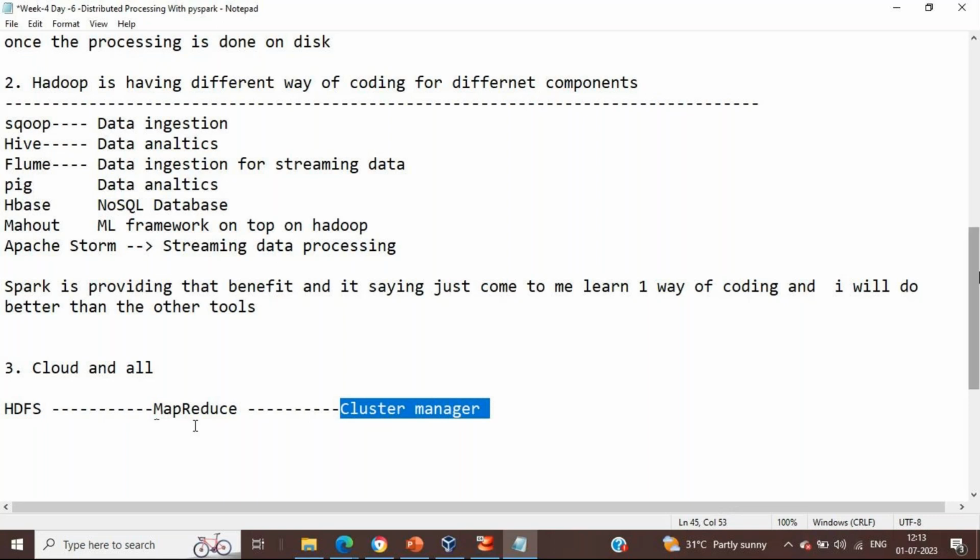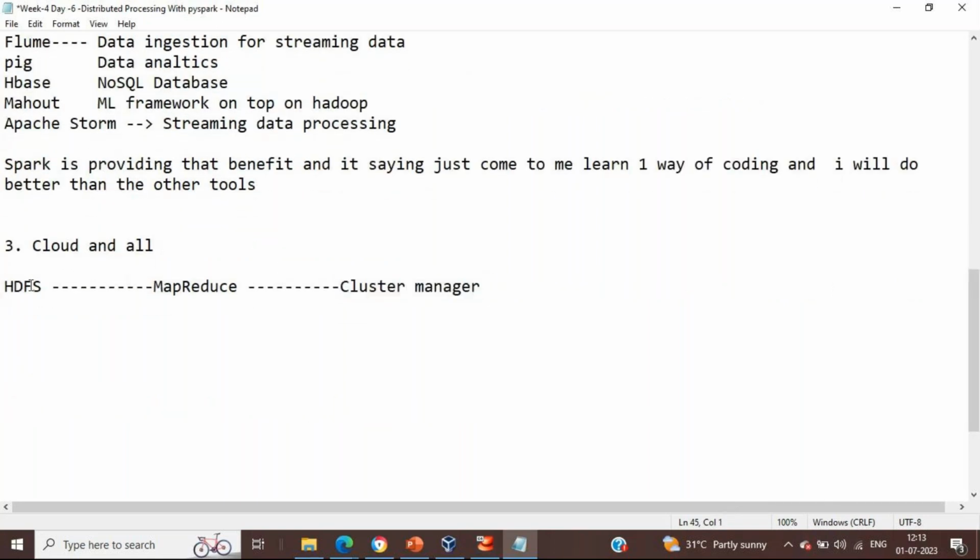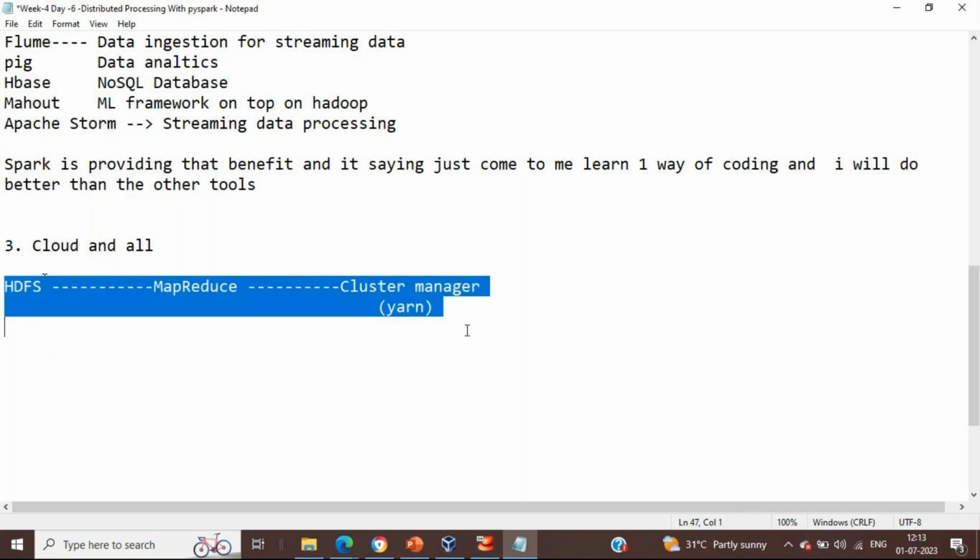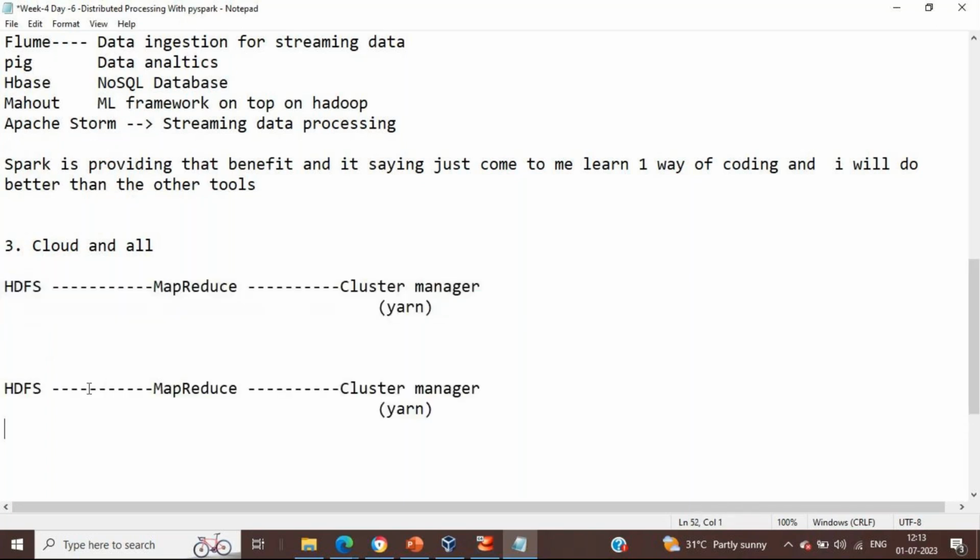But what is happening with the help of Spark? It is saying, give me the cluster manager of your choice. Cluster manager is Yarn over here. So give me the cluster manager of your choice. Give me the storage of your choice. So instead of HDFS, I just need to replace this MapReduce with Spark, and